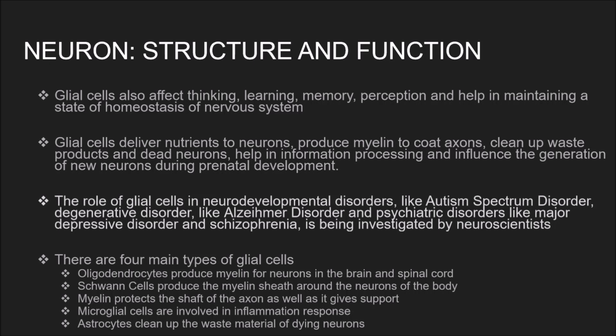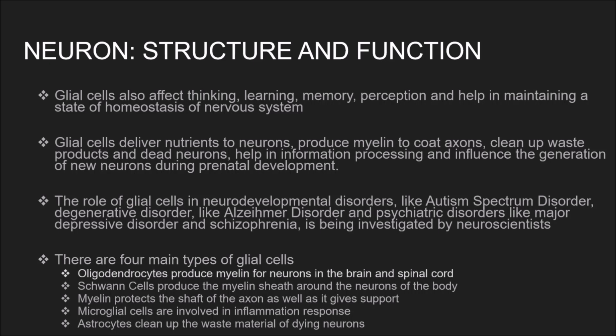The role of glial cells in neurodevelopmental disorders like autism spectrum disorder, degenerative disorders like Alzheimer's disease, and psychiatric disorders like major depressive disorder and schizophrenia is being investigated by neuroscientists. There are four main types of glial cells as we already saw. They are